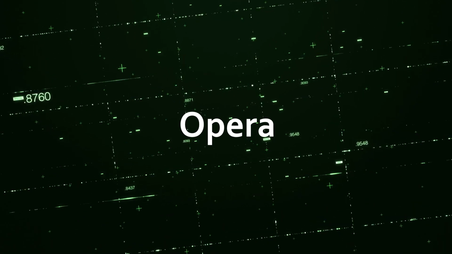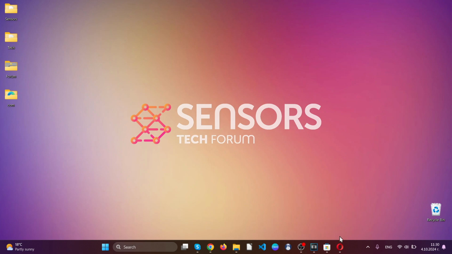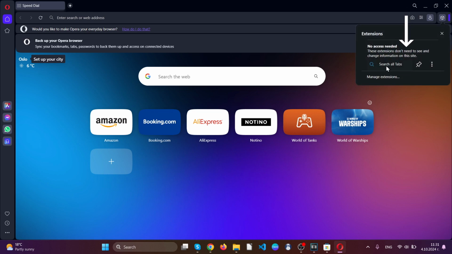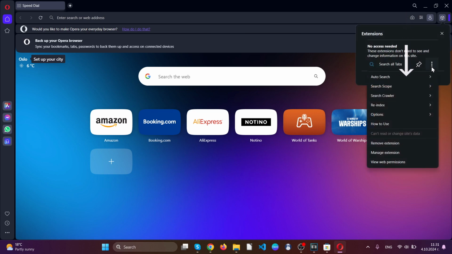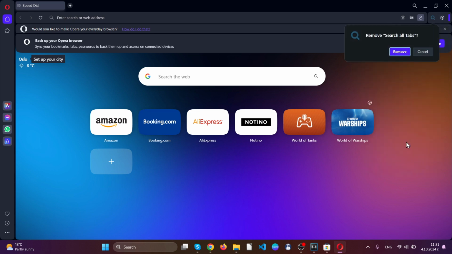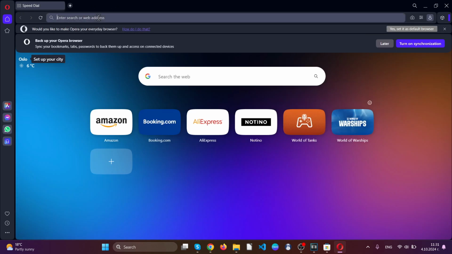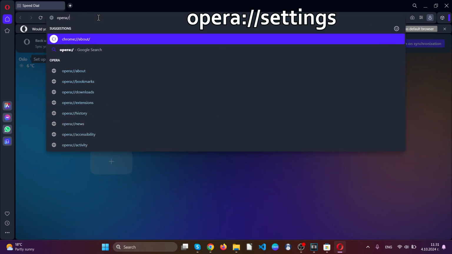Now for Opera browser, we're gonna go ahead and open the web browser, after which go to the top right hand corner of your screen, click on the Extensions tab, locate the suspicious extension, click on the three dots, and click Remove Extension. Just like with Google Chrome, go over to the settings by typing Opera Settings